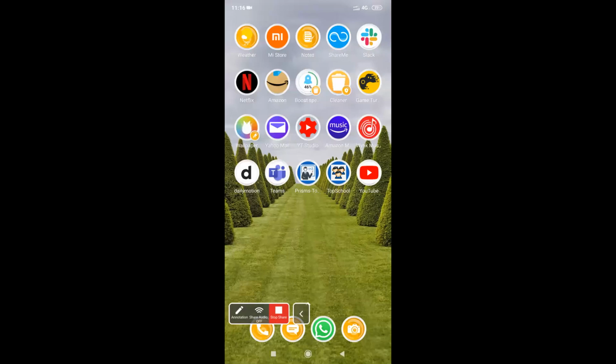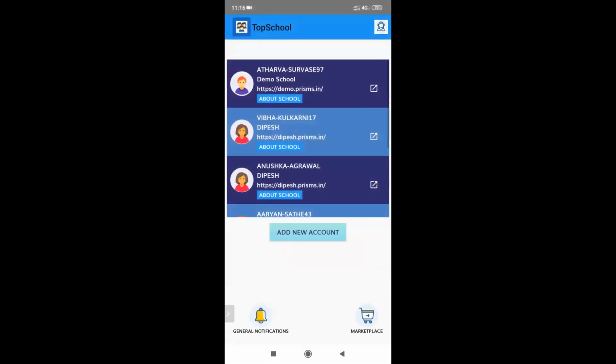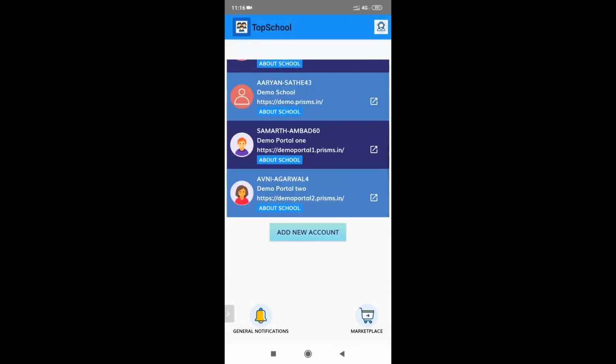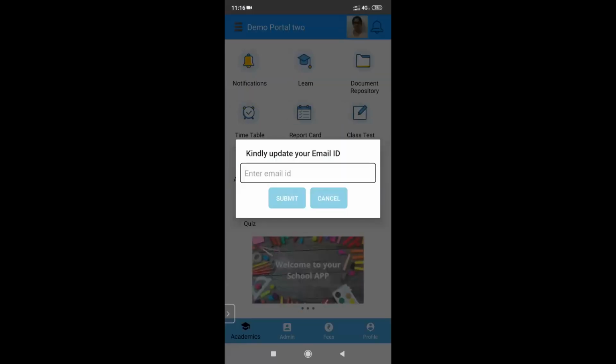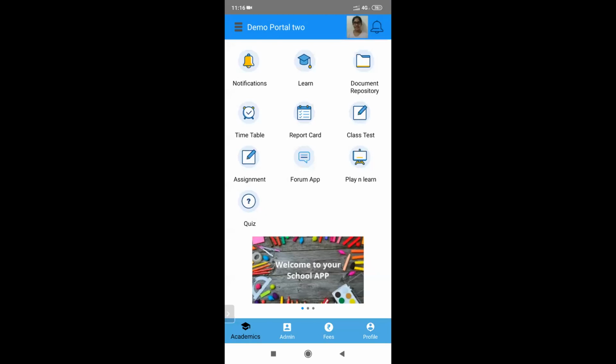So let's say as a student, I want to check the file that's shared with me. Okay, then go to document repository.